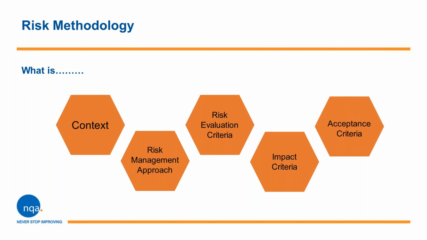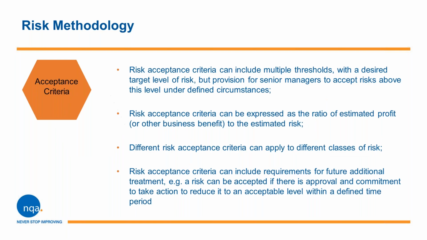And finally, within this process area, we have acceptance criteria. Risk acceptance criteria should be developed and specified. Criteria for acceptance often depends on the organization's policies, goals, objectives, and the interests of stakeholders, which must be identified. An organization should define its own scales for level of risk acceptance, and we'll examine some examples of how this is done later in the presentation.